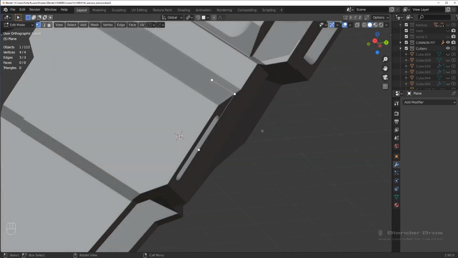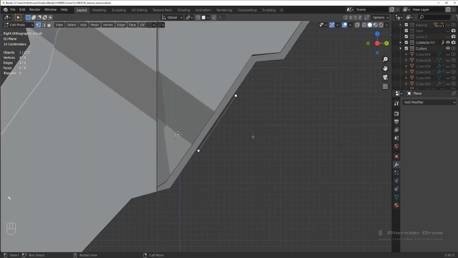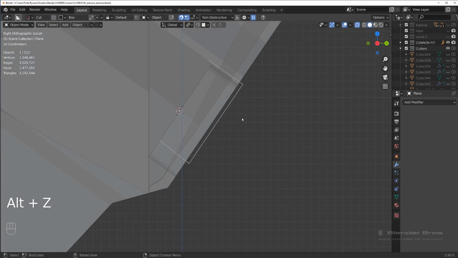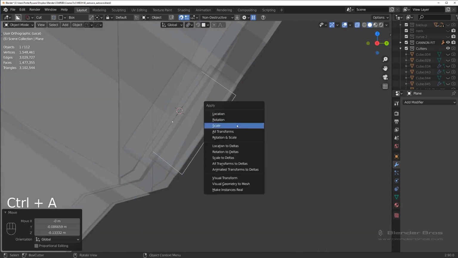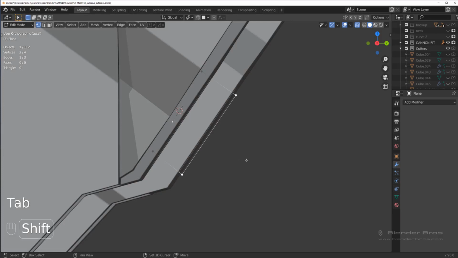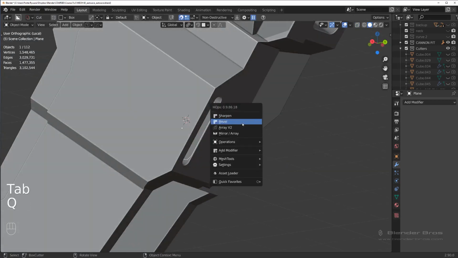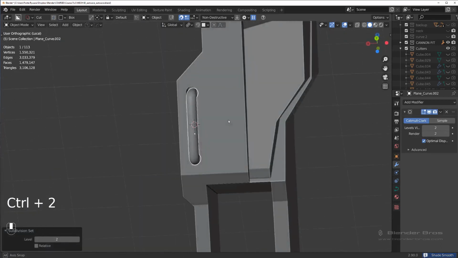Now we're going to move it, so G, Z, Z. It doesn't want to work this way. Perfect. Let's go to occlude. In fact, Alt Z, and I can move it to a position, okay? So I'm going to move it to a position in here, right? I'm going to apply scale, and I'm going to create some curvature in here, and then I'm going to go to operations and curve extract 1s and control 2,